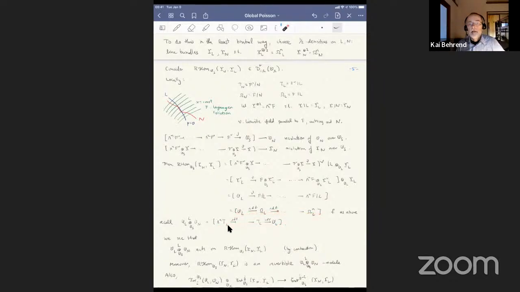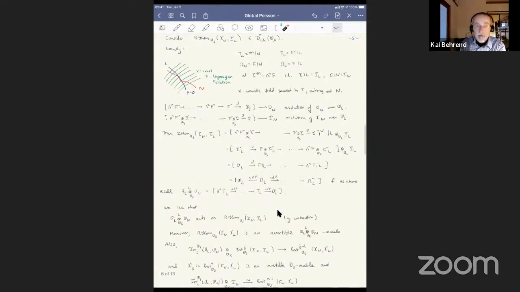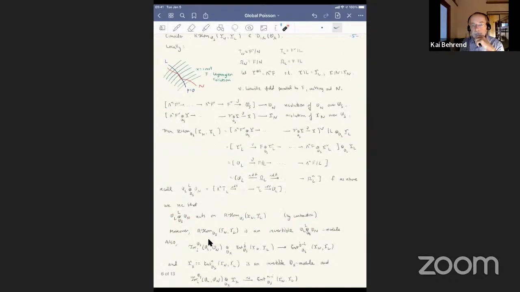Just contract the polyvector fields against a form to get another form. Right. So this guy acts on this one by contraction, and in fact, you can see that